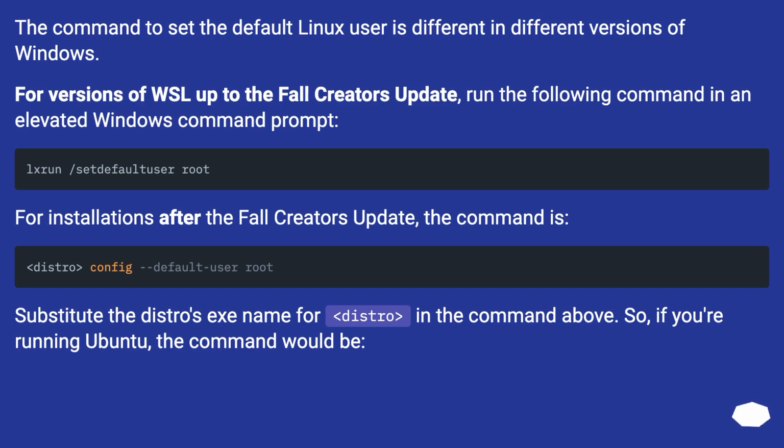The command to set the default Linux user is different in different versions of Windows. For versions of WSL up to the full Creators Update, run the following command in an elevated Windows command prompt. For installations after the full Creators Update, the command is: substitute the distro's name for distro in the command above. So, if you're running Ubuntu, the command would be